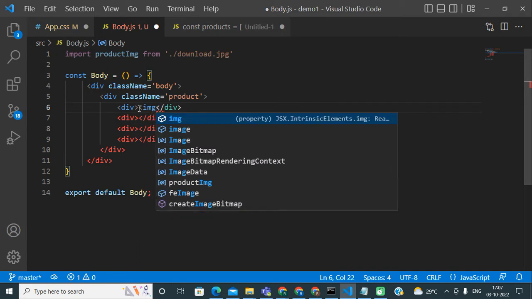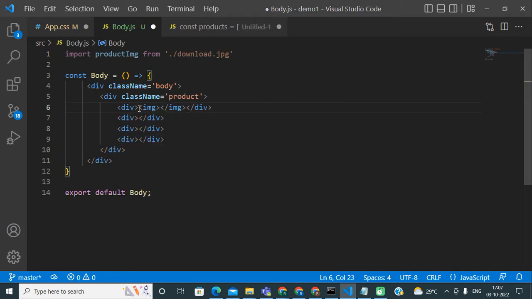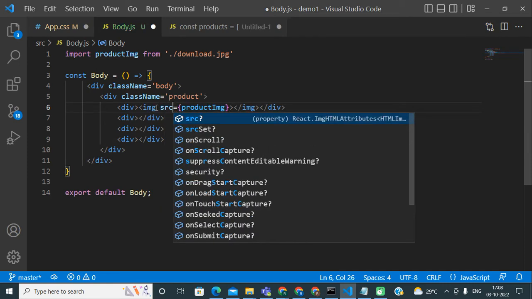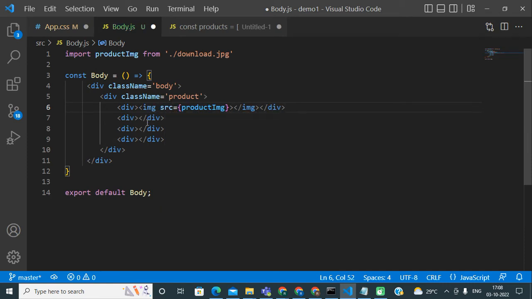For creating our initial design, that is the products design, I am just going to take hard coded data. That's why I am using one image which is already available in my project directory.